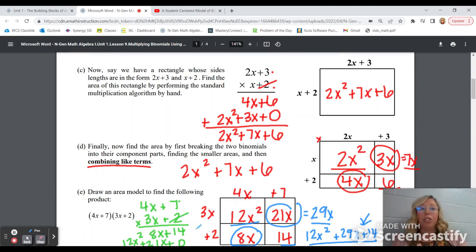On the right-hand side of the page, you're going to practice using both of these methods. Refer back to this side of the page with your examples to help you. When you're finished, then